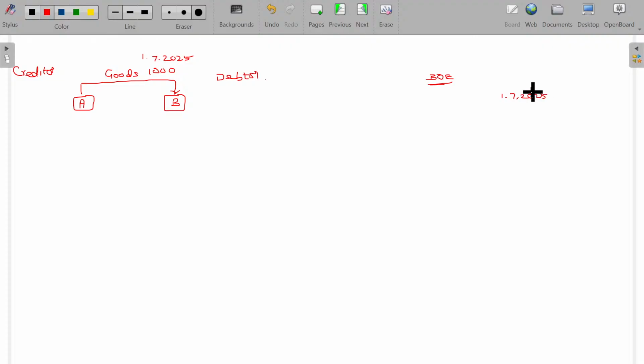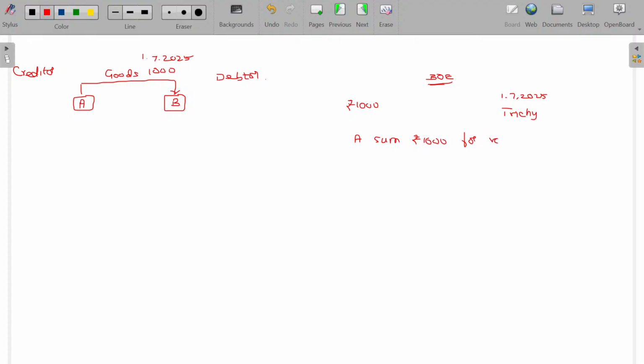This transaction is from Trichy. A is in Trichy, and the sale amount is rupees 1000. And here is a written word: a sum of rupees 1000